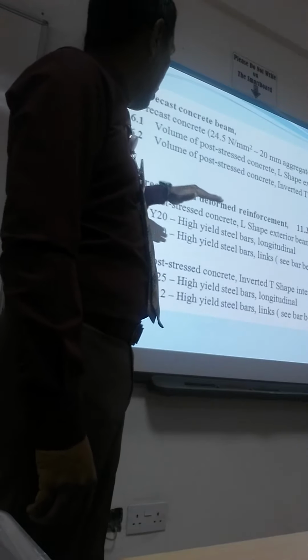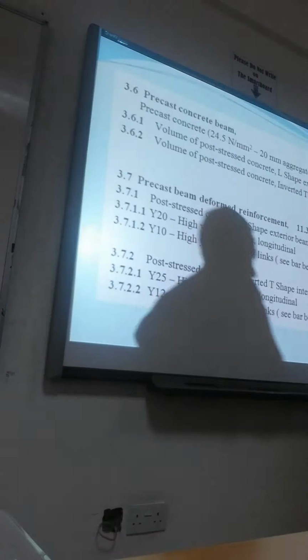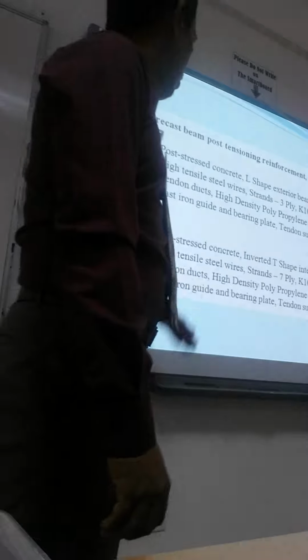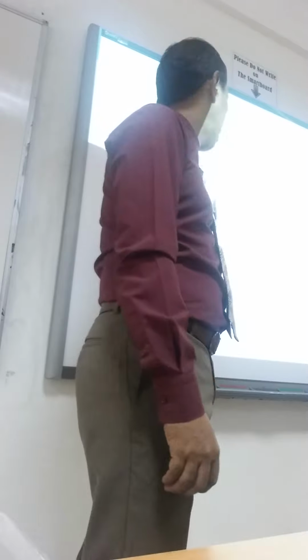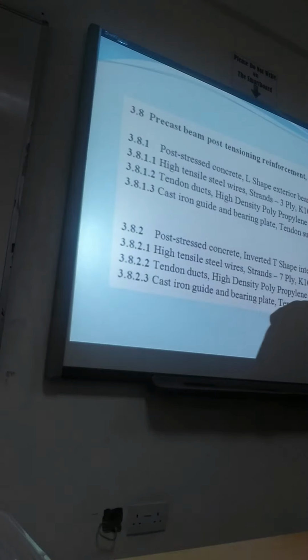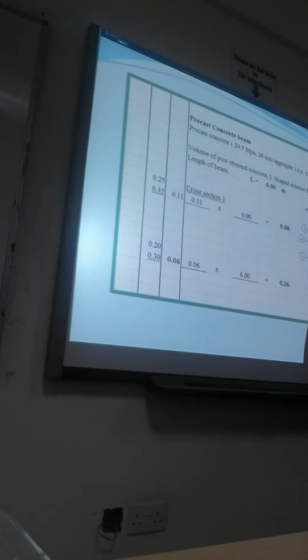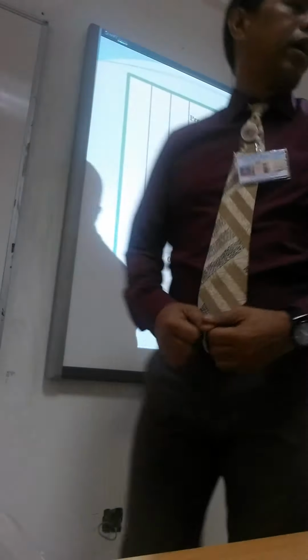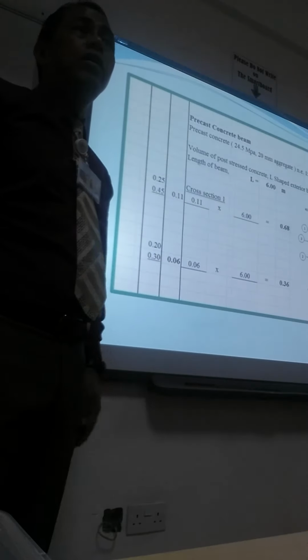Then, after that, the precast beam deformed reinforcement for both of the beams. Then, the tendon ducts and each corresponding cast iron guide plates in performing the pre-stressing of such precast. Here now is the takeoff list, then the computation. I have already discussed this previously, okay? Is there any question with regards to the measurement? Is it clear for you already? Okay, therefore,